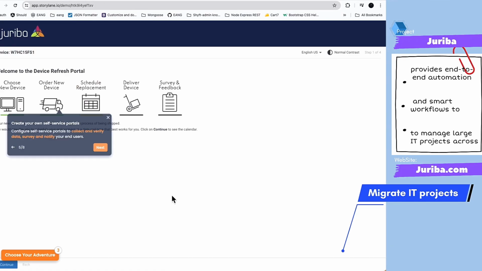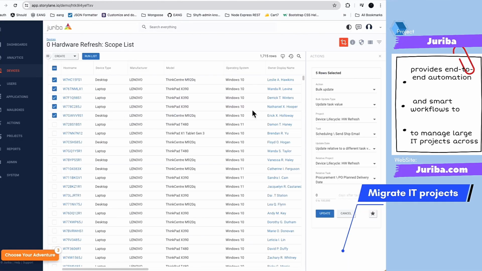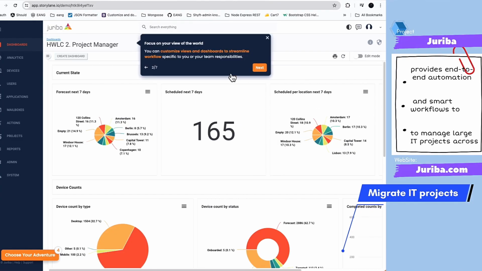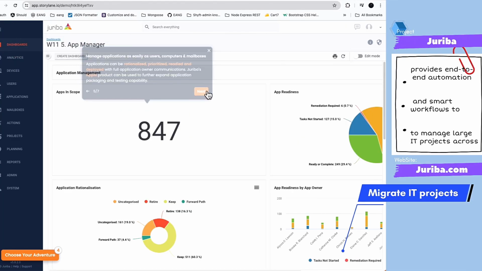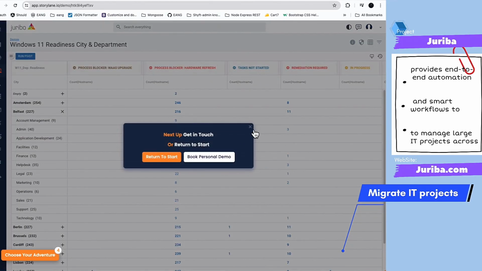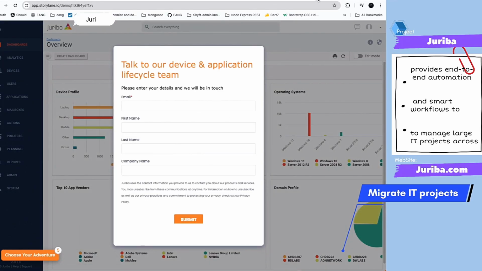By unifying fragmented processes, integrating with existing tools, and automating repetitive tasks, Juriba empowers enterprises to significantly reduce manual effort, cut costs,